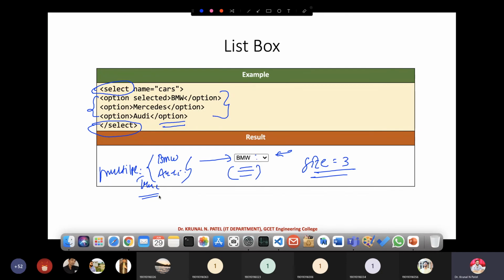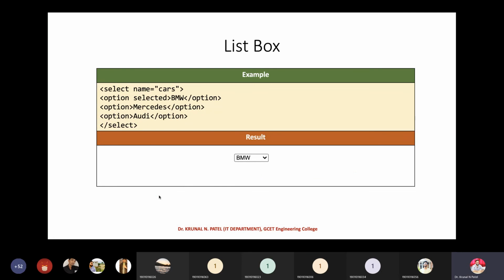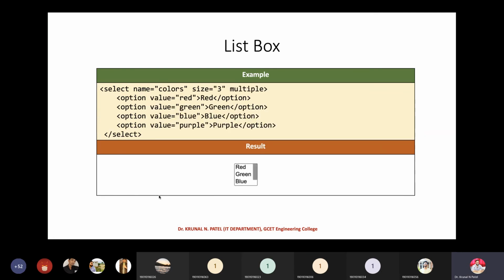Okay, so this is all about the list box. This is again one important attribute that is going to be used frequently. Here you can see I have provided size equal to 3 and I have provided multiple. You can write multiple equals true, whatsoever, but normally we write a single attribute, that is multiple.